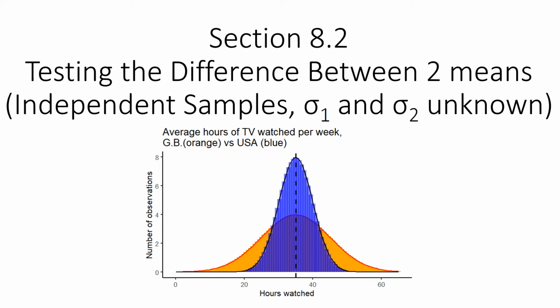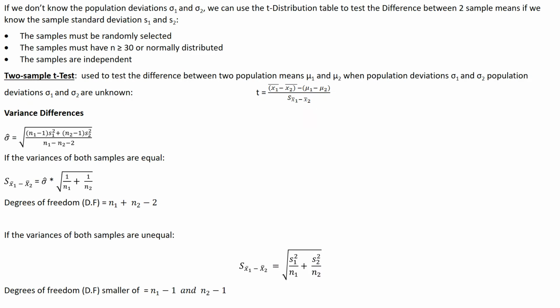Section 8.2, testing the difference between two means. Independent samples, standard deviation of population 1 and standard deviation of population 2 are unknown. As with before, if we don't know the population deviations, we can use the t-distribution table. Very similar to what we were doing in the previous section, to see if there is a statistically significant difference